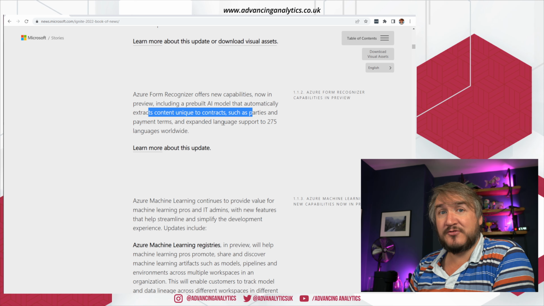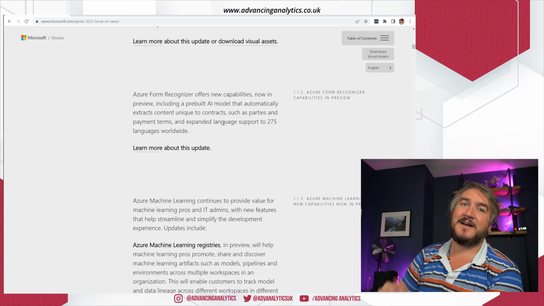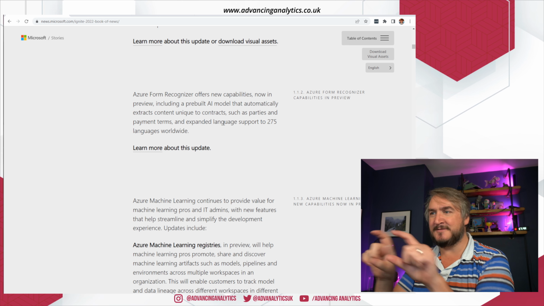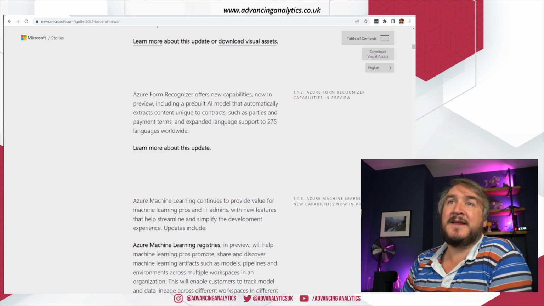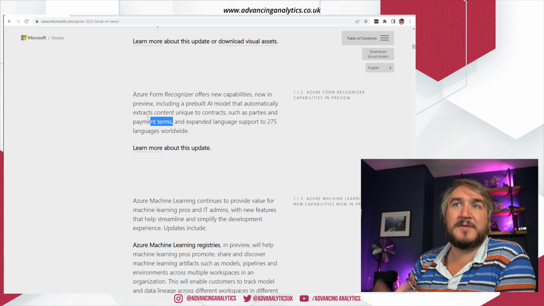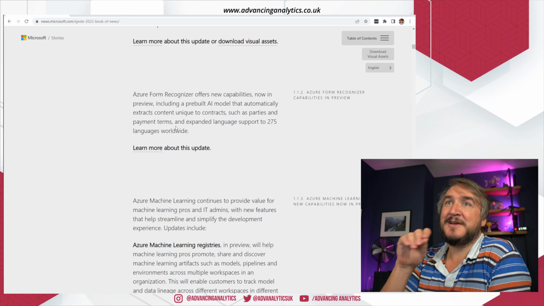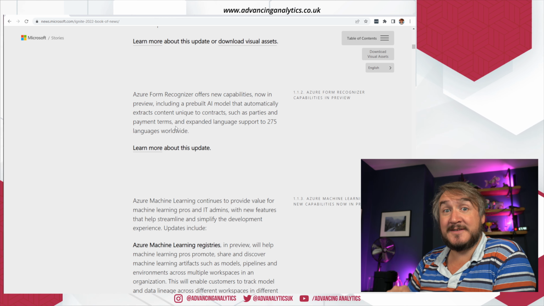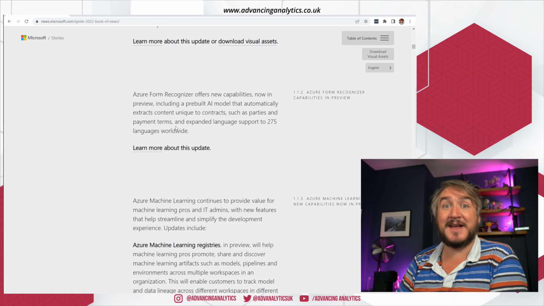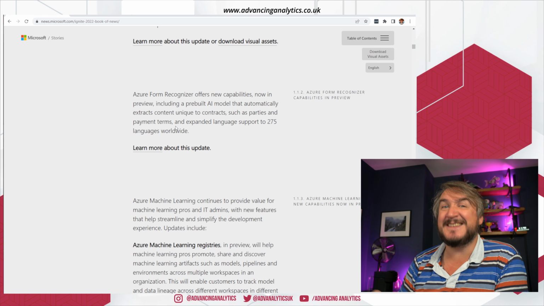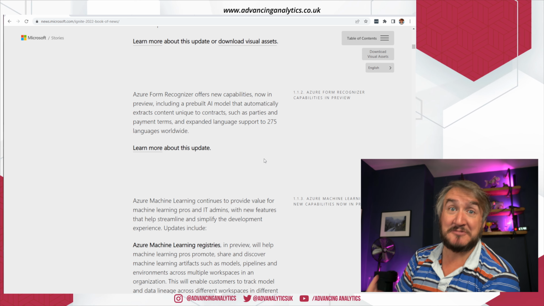So what we're talking about now is saying actually this is going to be good in terms of doing contract parsing. So big, massive, wordy contracts that are much more free text and less boxes of information, more just here is a giant document, and being able to pull out who were the various parties, what were the payment terms, what were the termination clauses. Being able to understand contract language is something that legal firms have been trying to build their own services to do for years. So having it as just part of the form recognizer service, really great.